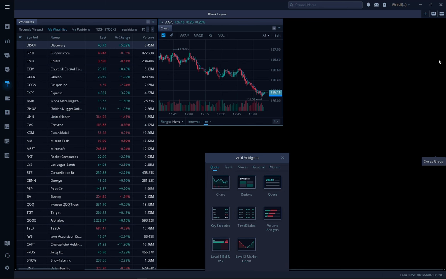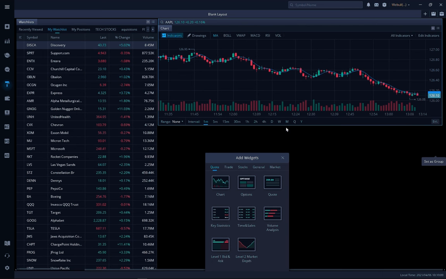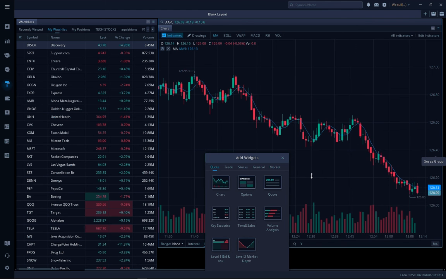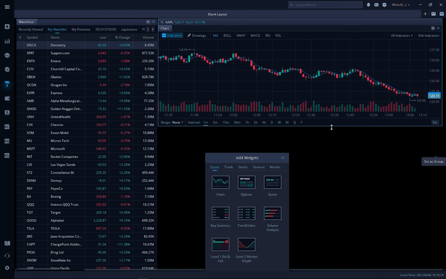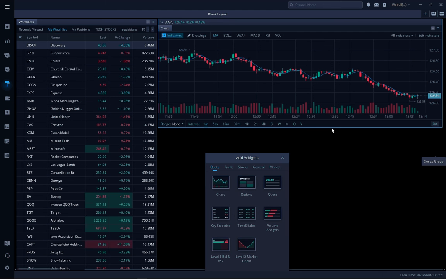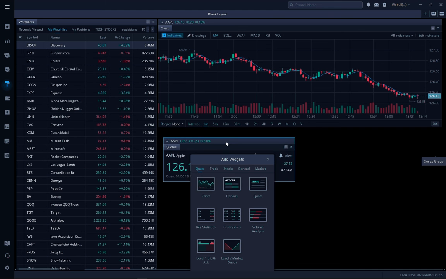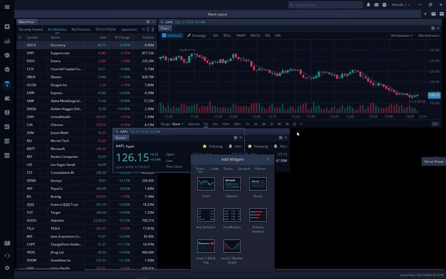I like to do vertical stretch, so you can have some stuff to look at. You could even go big chart, small chart, however you want it. I like to keep it so I can see the volume. And then you could add quotes. One quote, two quotes,